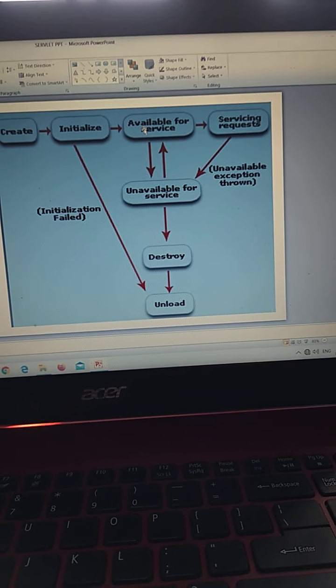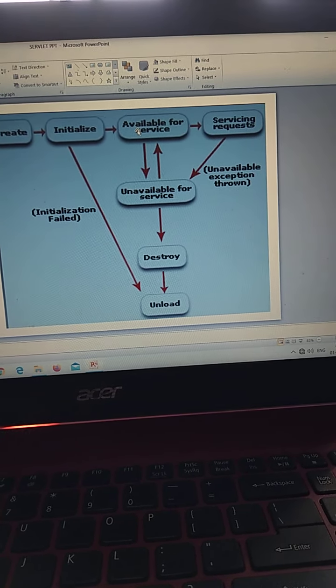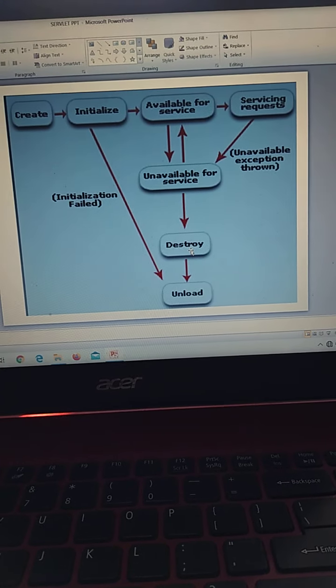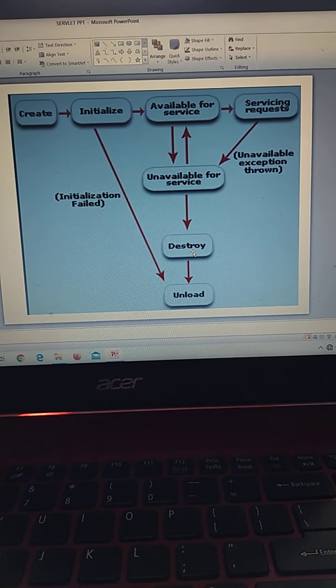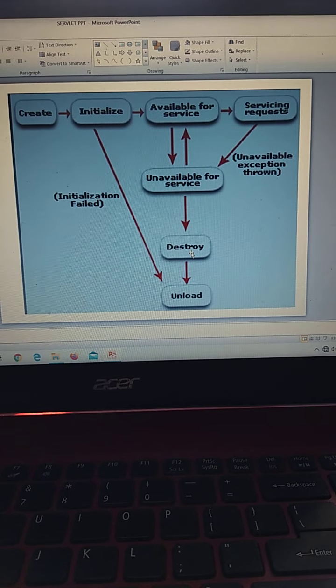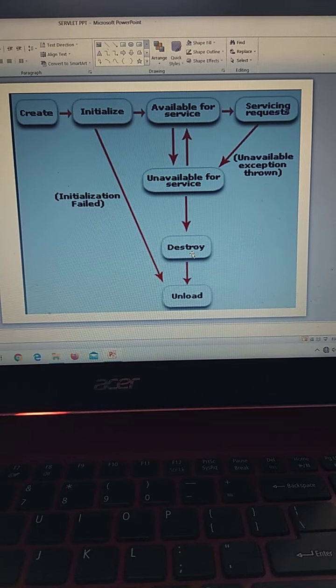It handles multiple client requests and sends responses. The servlet is terminated by calling the destroy method. Finally, the servlet is garbage collected by the garbage collector of the Java virtual machine, that is JVM.